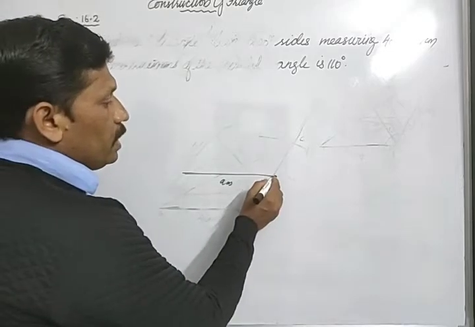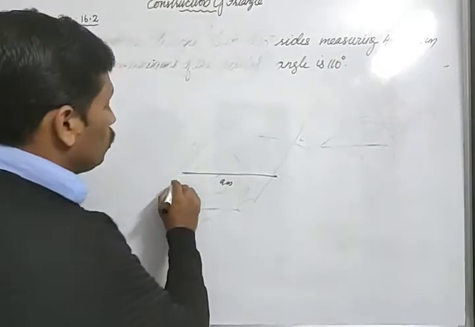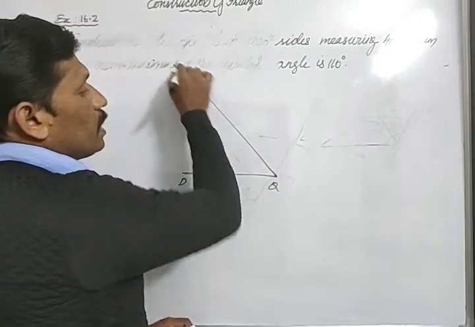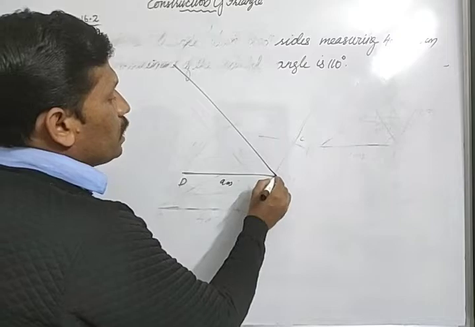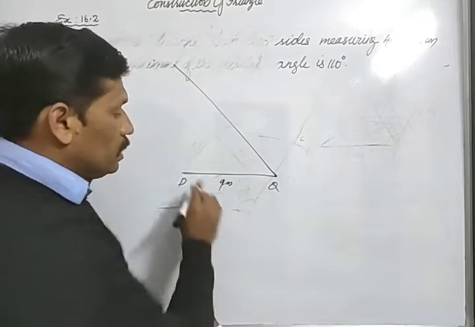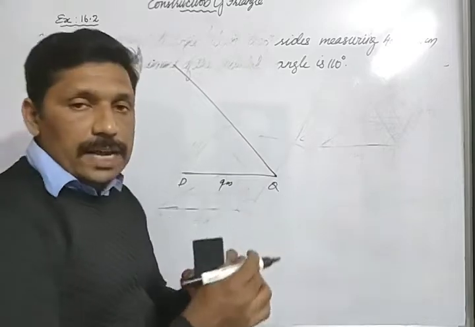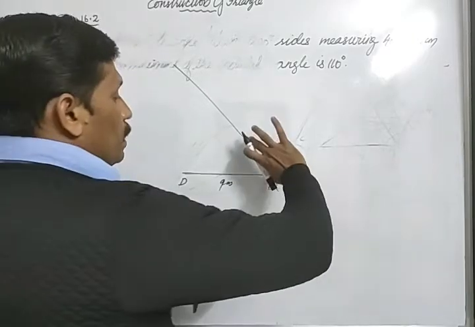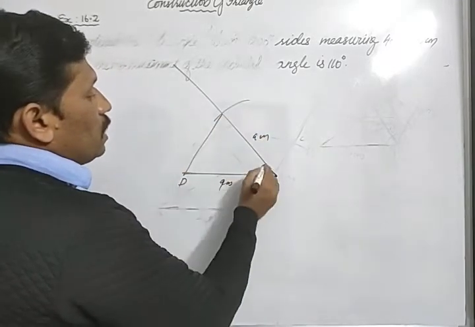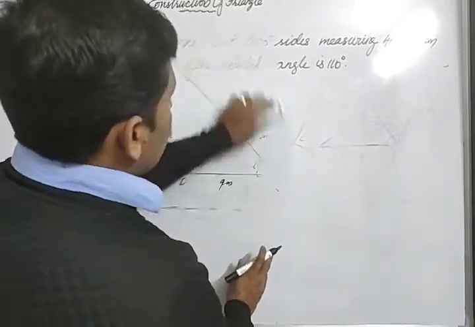From here you can measure 45 degrees from this line. Any name you can give, since the name is not given in the question. So Q, and this Q is 45 degrees. Measure 45 degrees with the protractor. And on this line again 9 centimeters, because in an isosceles triangle two sides are equal. If this is 9, this part also will be 9. So measure 9 centimeters in the compass, keep it at this point and cut an arc. This is 9 centimeters and this also 9 centimeters, and join this, and this is 45 degrees. In this way you have to make that triangle. That question is homework.